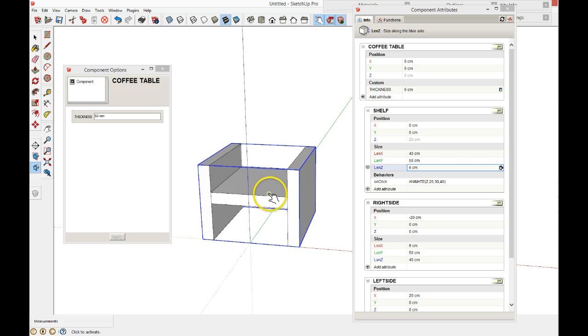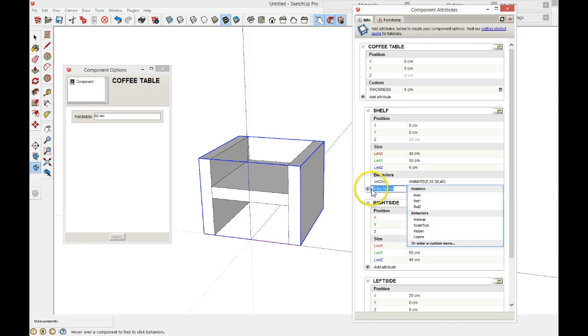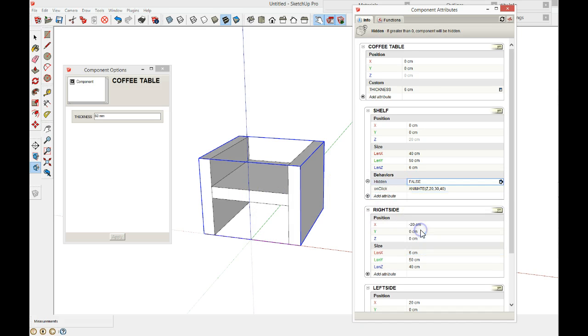I was talking about hiding things when I was talking to you about the hide issue. I might as well show you that now. If I wanted to hide something, say hidden, well, on the hidden here, it's got true or false. At the moment it's false. That means you can see it. If it's true, that means it's hidden. So I can put in here an equation. I could say a function if that cell equals if